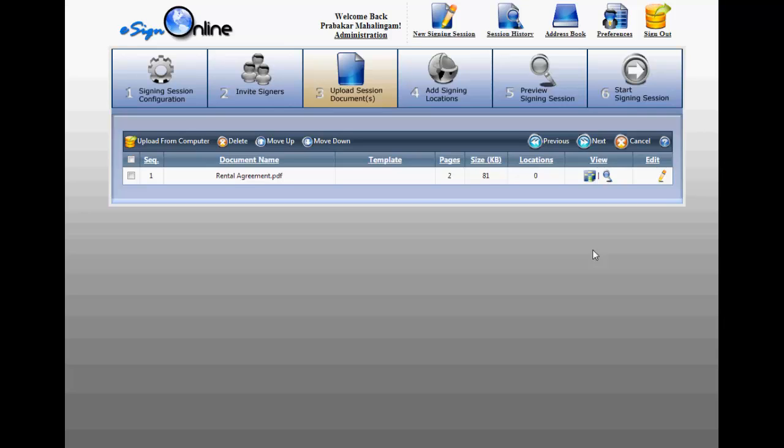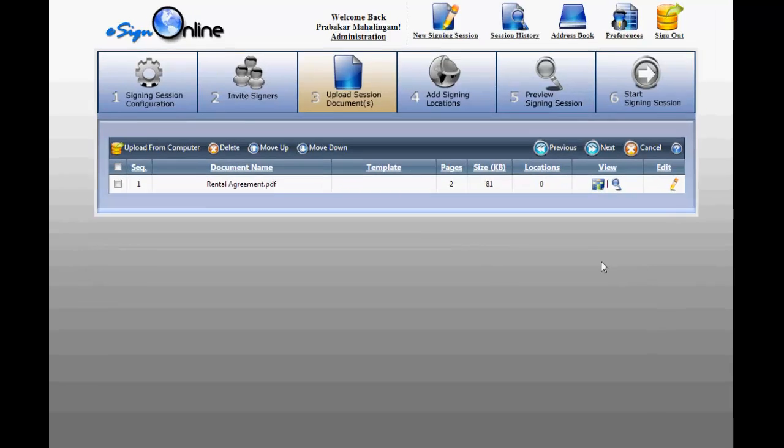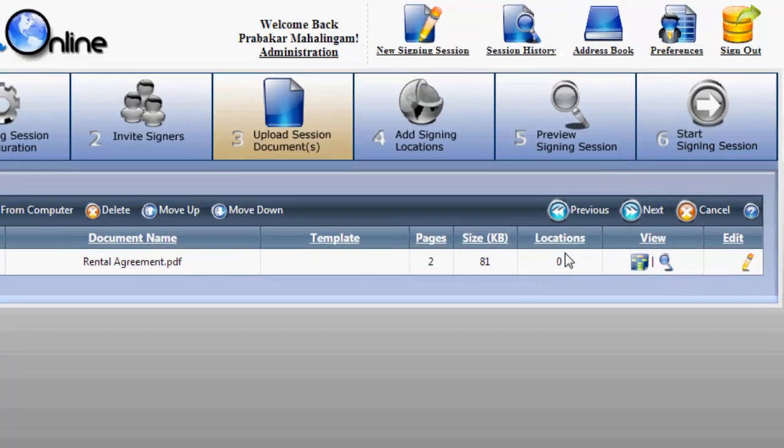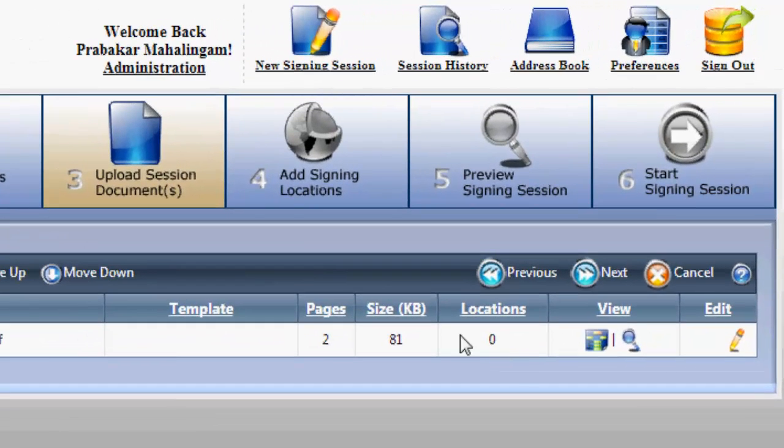Okay, so now we're going to use the template during the setup of a signing session. So here we are in step 3 of the signing session process, and you see that I've got a document that I've already uploaded. It's called the rental agreement, and you see right now there are 0 locations. And so what I'm going to do is click on apply template right here, this icon,